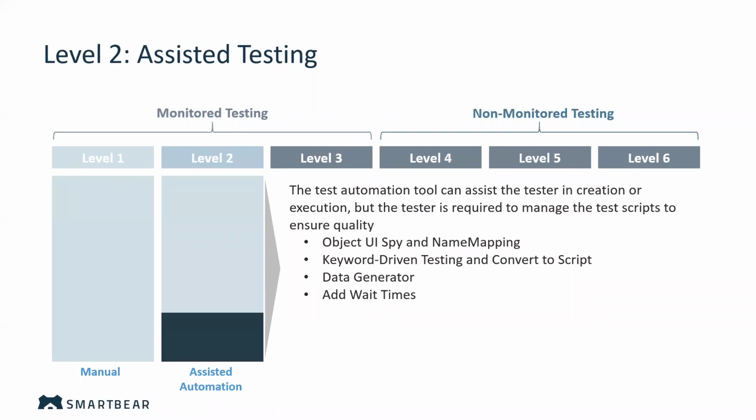So typically, the question might be, how do test automation tools assist the tester? For example, in our tool, Test Complete, which allows you to test the UI on all types of applications, so web, mobile, and desktop, Test Complete accesses the objects through the DOM layer. So it's using the object UI SPY to recognize objects through available properties of that object. So that could be anything from the object name, a unique ID, the height of the object, the color, the size, etc. So that's just an example.